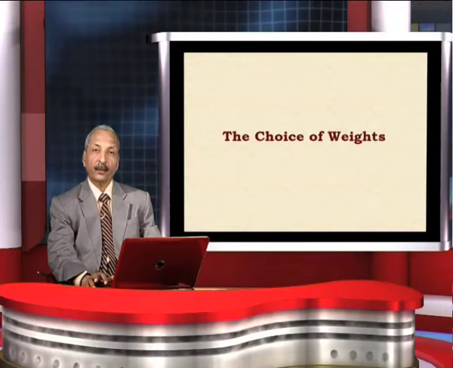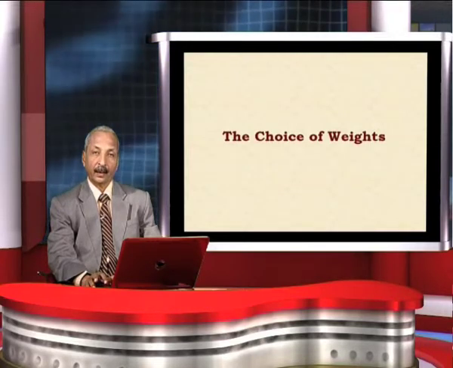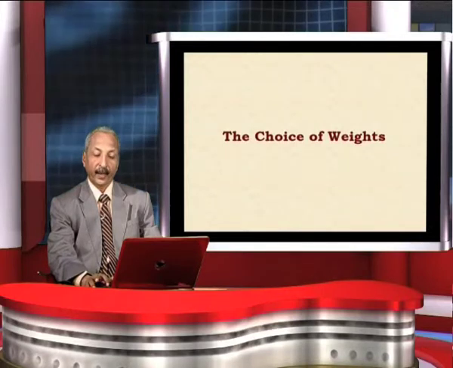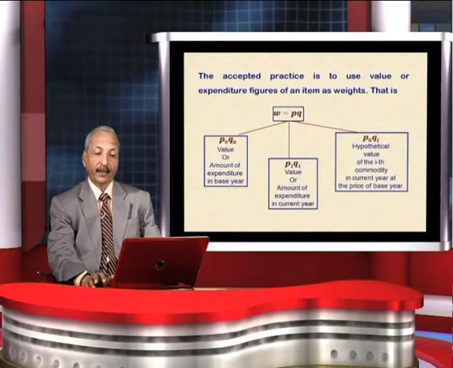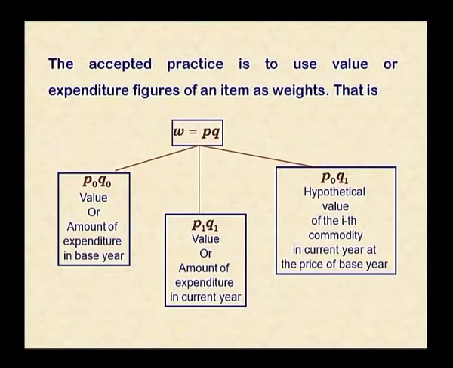Now, let us see how we select the weights, that is, what should be the choice of weights. The accepted practice is to use value or expenditure figures of an item as weights, that is, W equals P times Q, price multiplied by Q. When we take the prices and quantity of the base year, then this weight equals P naught times Q naught in particular. So, for the ith item it will be P naught i times Q naught i,